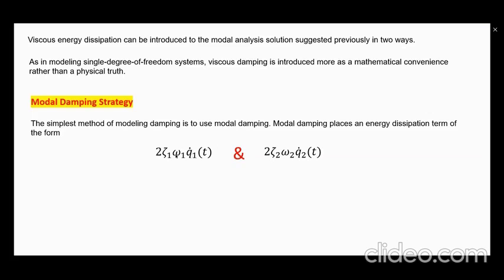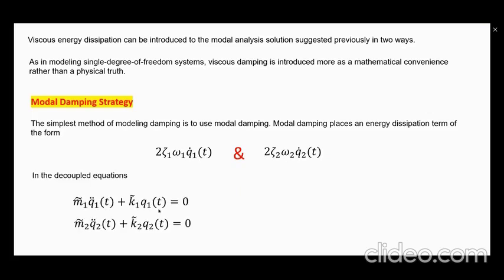Now here we have obviously 2 degrees of freedom, so we just throw this in and throw that in, the 2 equations that we have. And instead of this, which is the decoupled mother of all equations without any damping, keep in mind that this is fine. There's nothing wrong with it, except that if you divide by M1 and you divide by M2, then